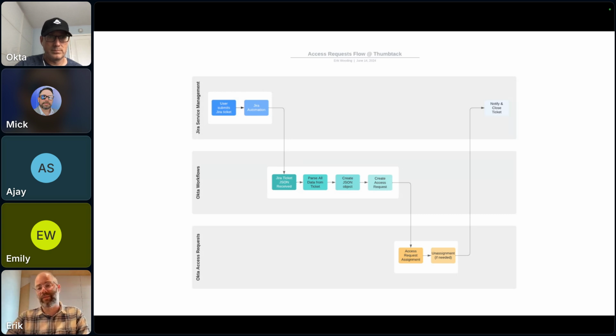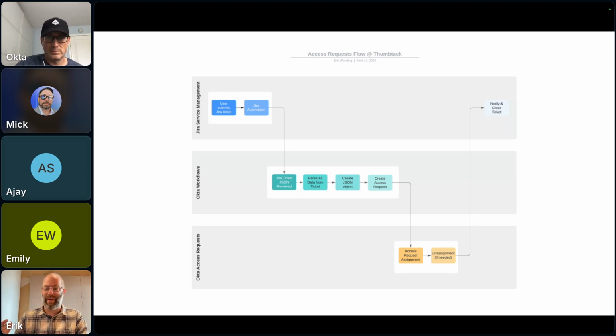We'll pass that over to access requests to create the assignment, and then access request does its thing. It'll grab all that information. It'll parse through your if statements. You're only going to display anecdotes admin if the role equals anecdotes admin, and if they're temporary or permanent, you'll assign it or leave it open for an assignment at a later date. And then the most important part for us, at least, is after these actions happen in Workflows and access requests, we actually go back and notify the user.